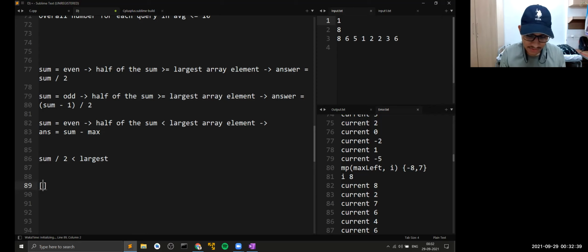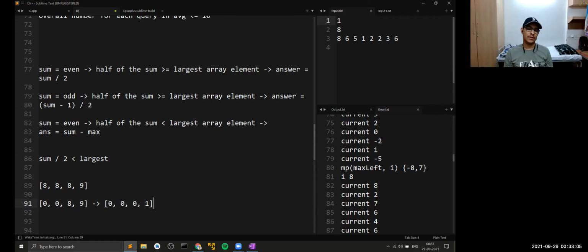Okay, let's consider a case where you have 8, 8, 8, 8, 8, 9. In this case, half of the sum is greater than 9, right? So if I pick up any arbitrary elements, I can just pick these elements like this, and then I have 8, 9 here. Now this would become 0, 1. Oh, right.